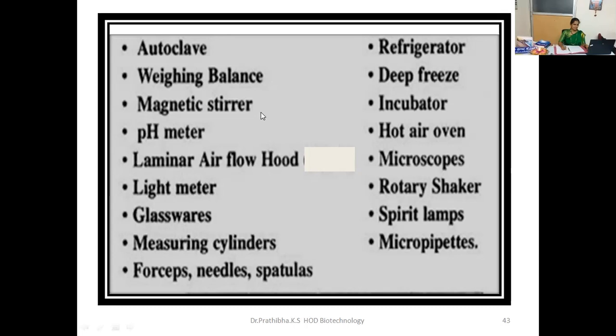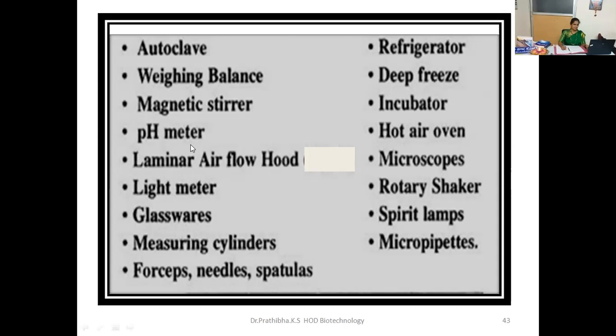Then magnetic stirrer, right? We need this particular magnetic stirrer to stir the chemicals. Sometimes we can also get the hot plate with magnetic stirrer. This hot plate with magnetic stirrer is used for effective stirring and mixing of fluid samples. The mixing is made easier and faster by heating the samples under study during the stirring operation. So instead of stirring with a glass rod, we can go for this magnetic stirrer, which stirs all the chemicals very uniformly. While preparing an MS medium or any culture medium, first one chemical is dissolved, and only then the next chemical is added.